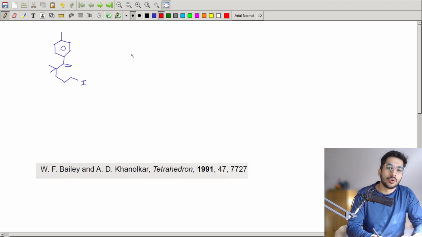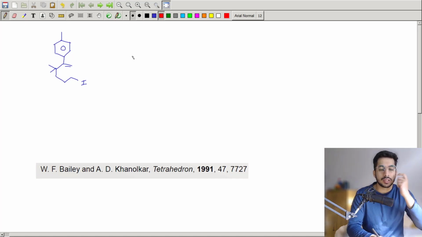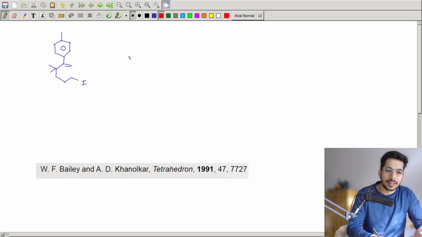Okay, so last time we studied sulfur-lithium exchange. That was a comparatively new topic, and we also discussed a little bit about chelation. Now over here, let's first try out the question, and then I'll tell you what concept we are going to be studying today. So if I add tertiary butyl lithium to this particular molecule,